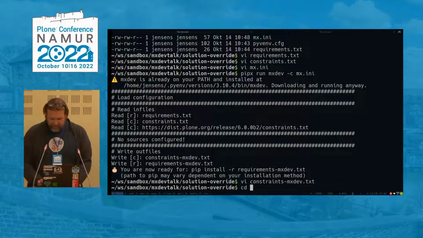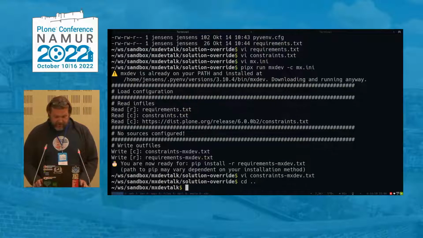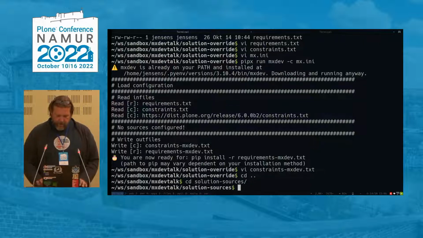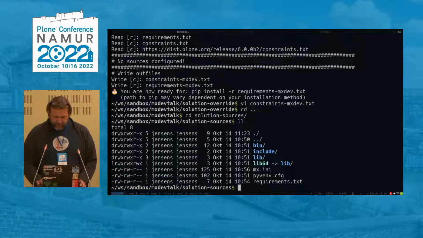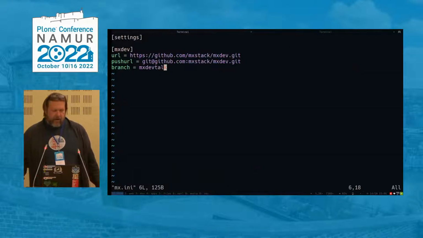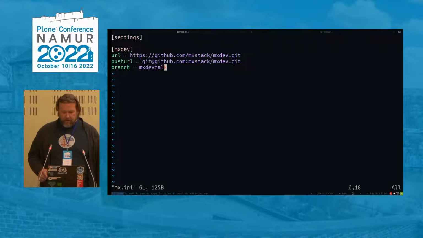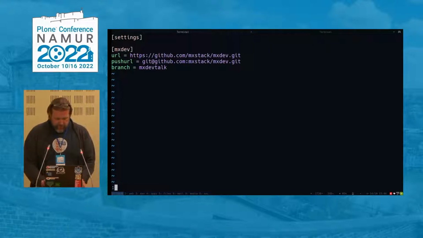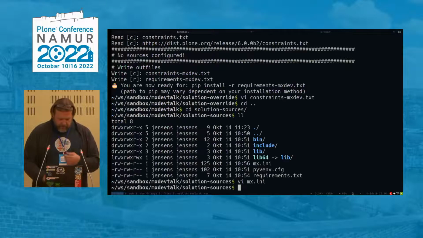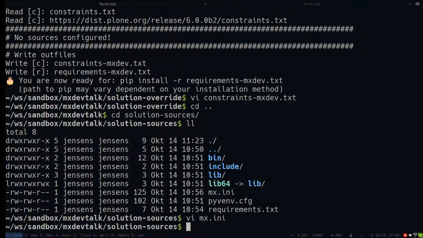And the next is the solution with the sources. I have here my mx.ini and define now nothing other than my mxdev package I want to develop on with my branch. And that's it. This is really all I do now because I want to show this example. And if I run pipx again,